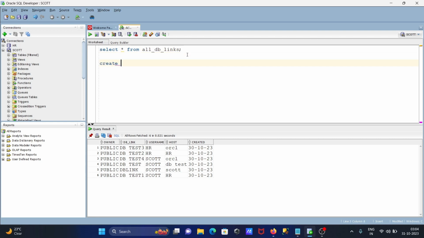So writing here create, then public database link, and for this database link I'm giving the name link1. You can give any meaningful name. After that, let's connect to HR. So here you can see this is the HR. Okay, and here writing identified by